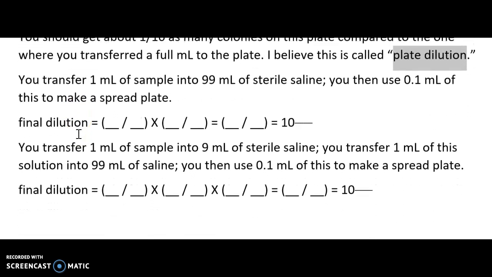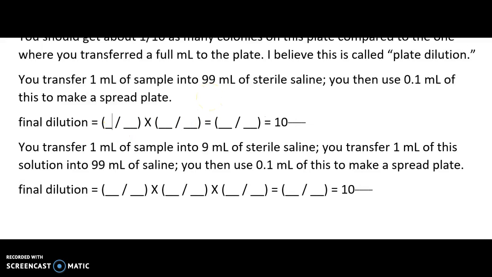So here's an example of that. You transfer 1 ml into 99 ml of sterile saline, and then you use 1/10 of a ml of that to make a plate. What would the actual dilution of that plate be? It would be 1 divided by 99 plus 1, which is... sorry, it's 100. 1 over 100